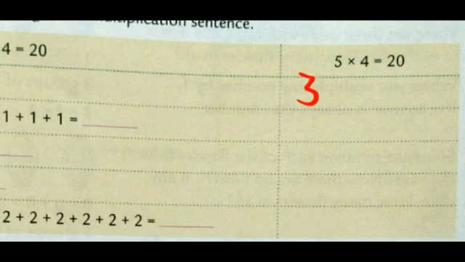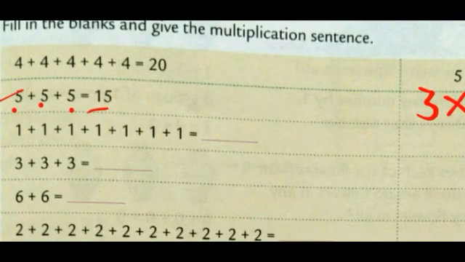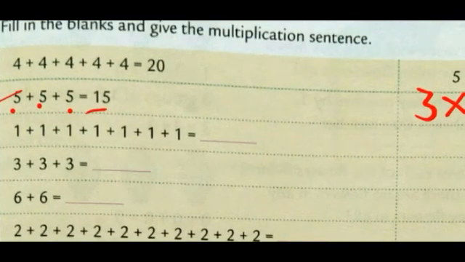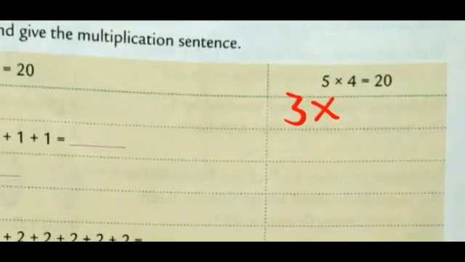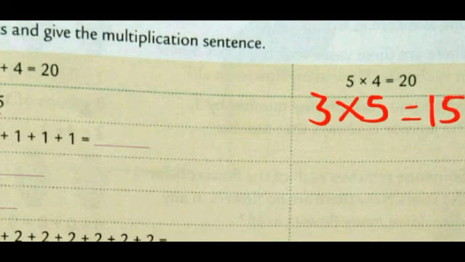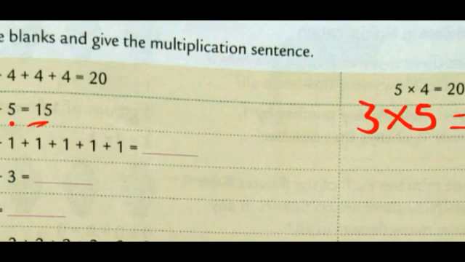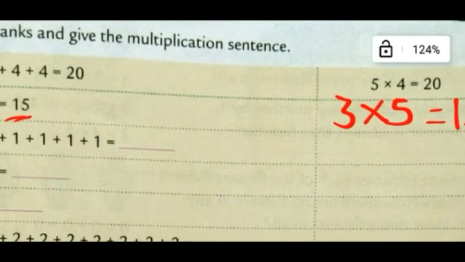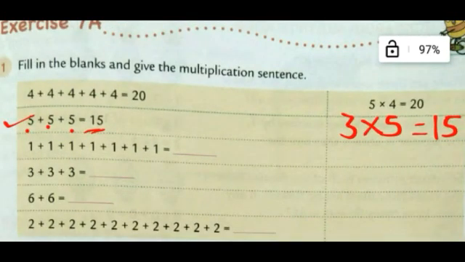and as we are writing a multiplication sentence, we will put the multiplication sign, and then which number is being repeated here again? 5. 5 is being repeated 3 times. So we will write here 5. Now what is the multiplication? What are 3 5s? 15. See, 15 is the correct answer. Here also 15. If we see the addition sentence or the multiplication sentence, both the answers are matching.